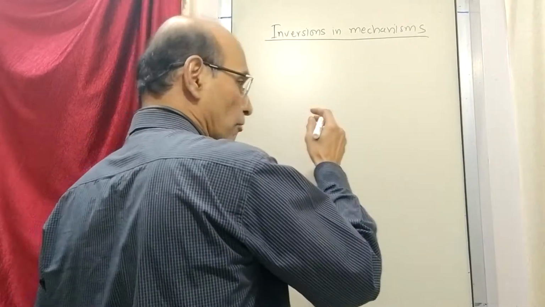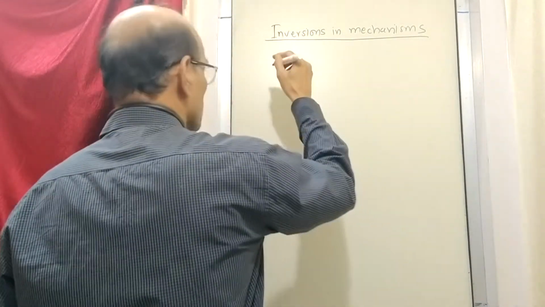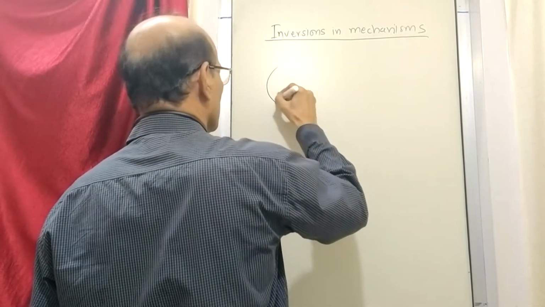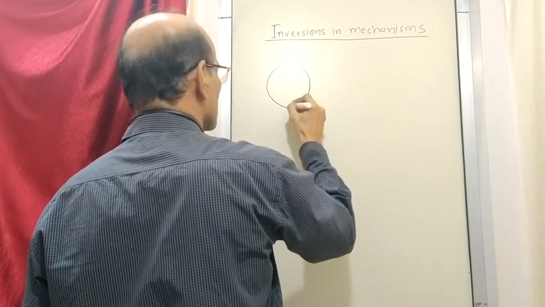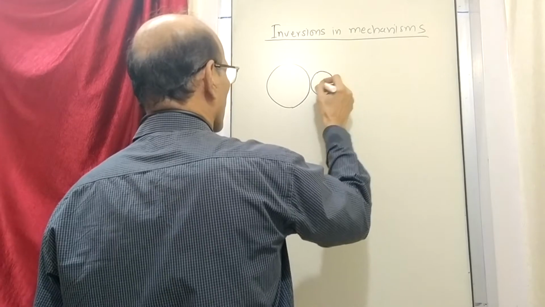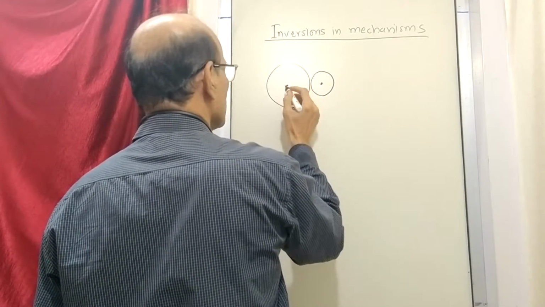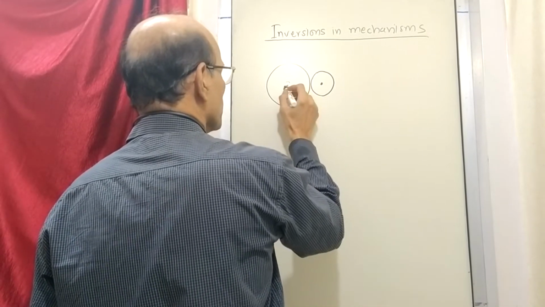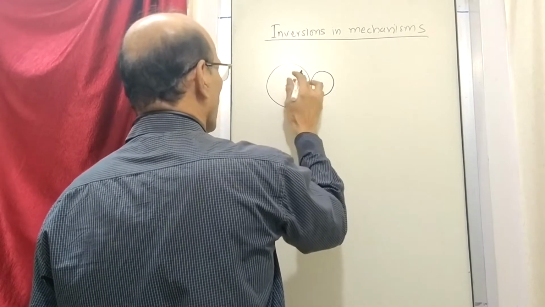Now, before we go further, we will see that we have already come across inversion in our earlier discussion. Only we did not know that it is an inversion. Just go back and recollect. We have learnt gear trains. So let me draw one gear train. There is one gear like this, and another gear like this. We say that this is fixed, so I can draw this as a link, and this link is fixed.